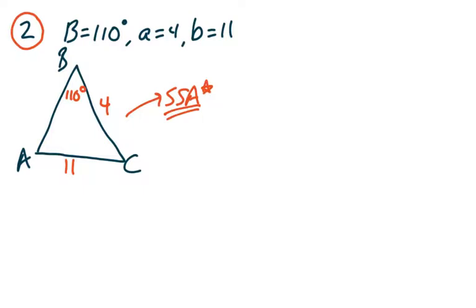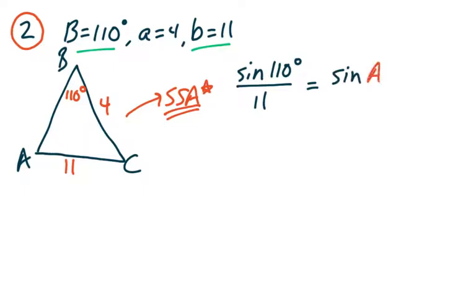Okay, so ready? Let's say, again, we've got our law of sines, but I see that I have the B's there, so I'm going to use a B over B. How about sine of angle B over side B equals, well, we need angle A because that's across from side A, and that's what we're given. So let me use that. So how about sine of angle A, which I don't know, over side A, which is 4. Okay, same steps, cross multiply. And if you do it right,